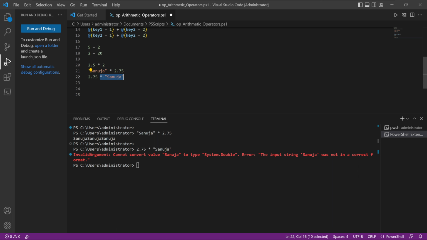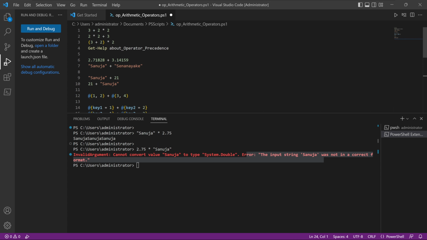It can't do anything because the string cannot be converted into a double, and therefore it's going to spit out an error. So this is a valid expression because the string is on the left hand side of the multiplication operator. This is an invalid expression because the string is on the right hand side of the multiplication expression, and therefore it's going to spit out an error message, just like it happened with our